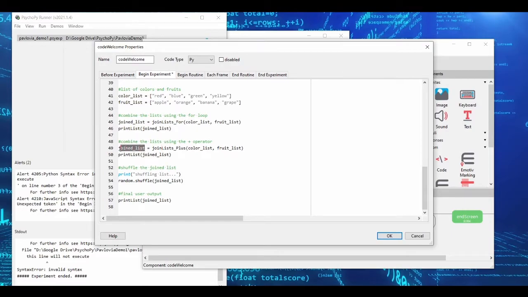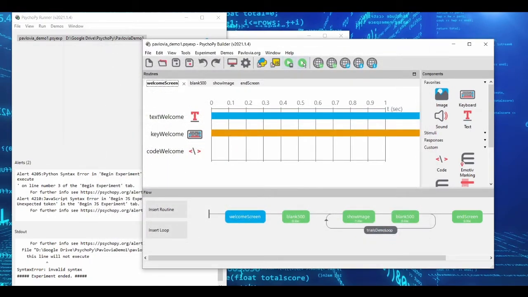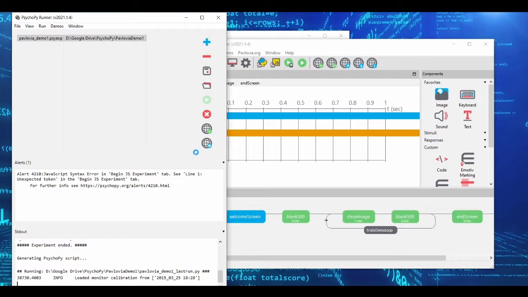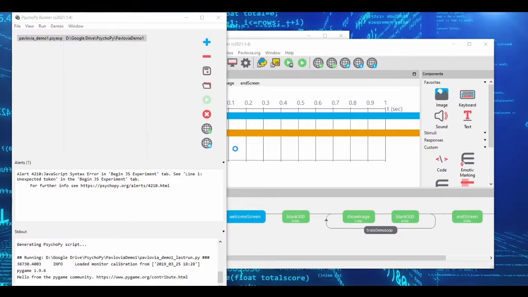In any event, once we have our joined list, we've generated it twice here again, kind of redundant, but once we have it, what we do now is shuffle that list using the shuffle function, then we print out the final list. So if I go ahead and run this experiment locally here in Python,